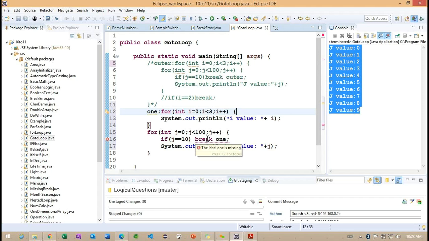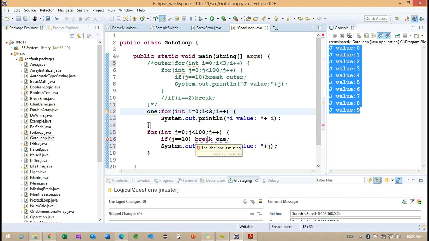Now you can observe, if I move this cursor, the label 1 is missing. What do you understand here, if the label is missing? Can you please explain, if I get this error, what we are missing by seeing this simple example?